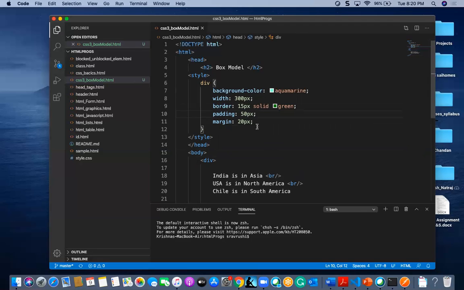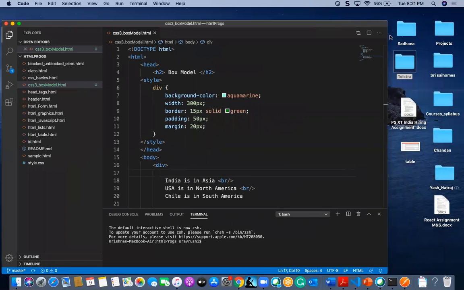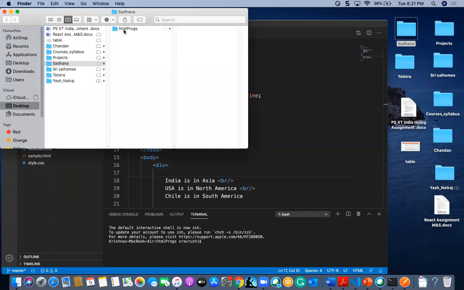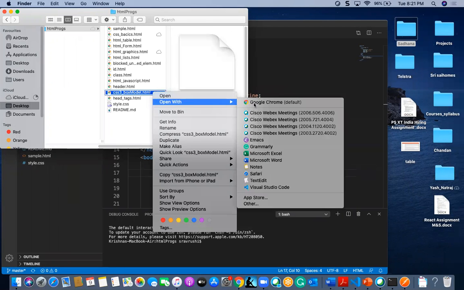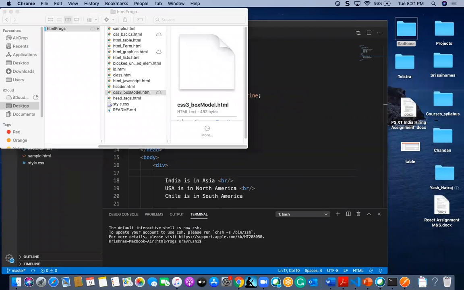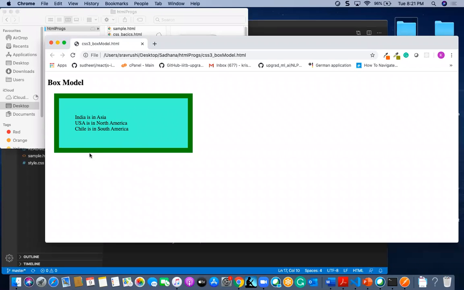Padding, we will see this definition or this alignment in the DOM. So let me go for this. Now I am finding this DOM.